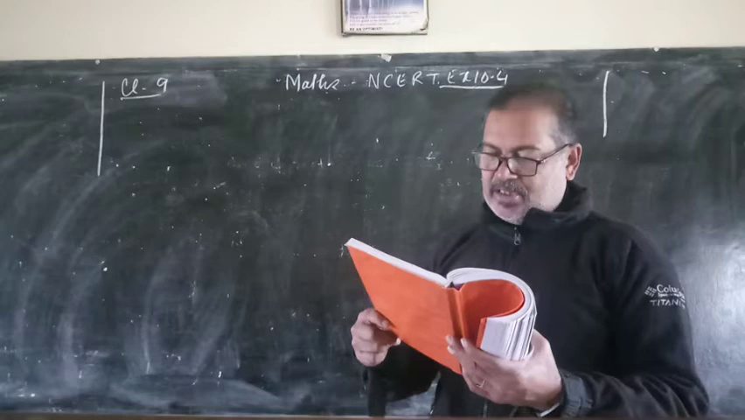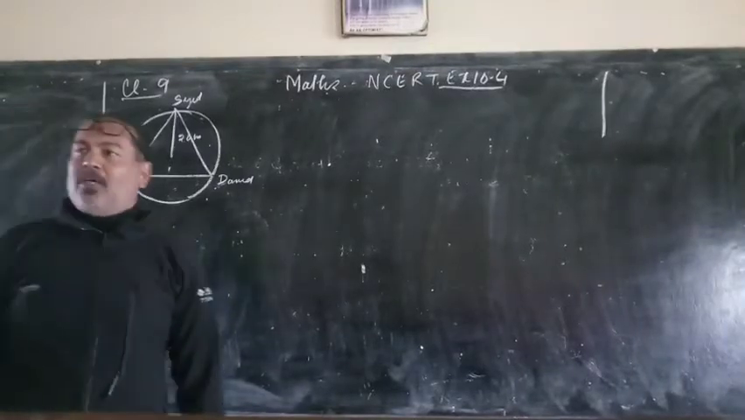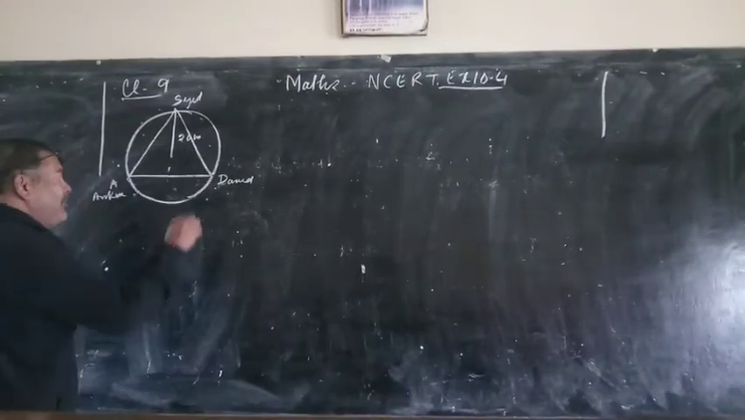3 friends, Ankur, Sayyad and David. Here is David, here is Ankur and here is Sayyad. They are sitting at 3 different points on this circular park, each having a toy